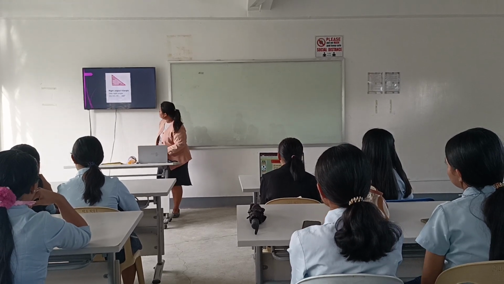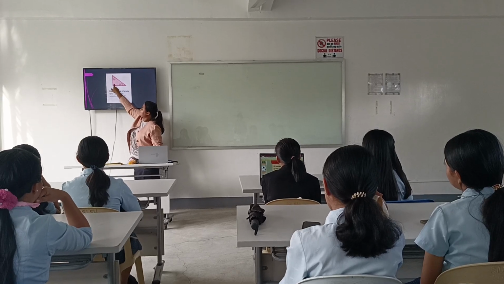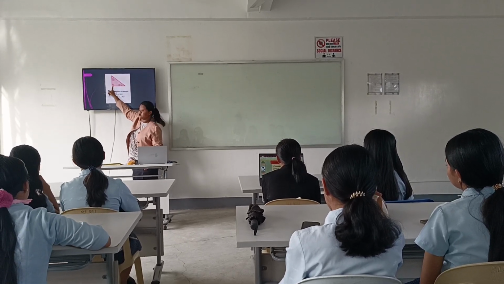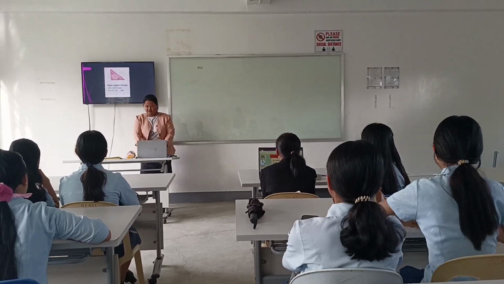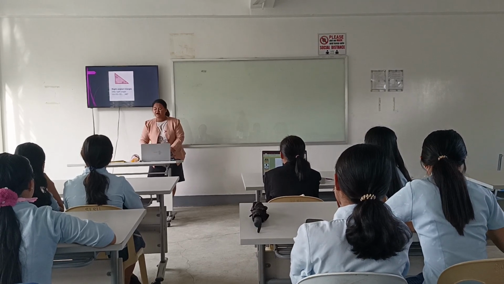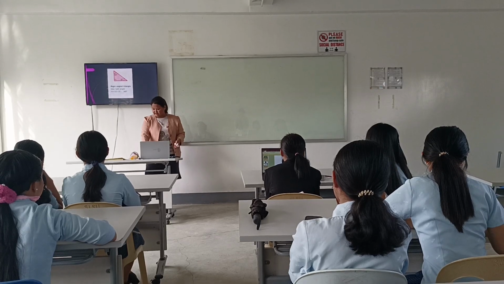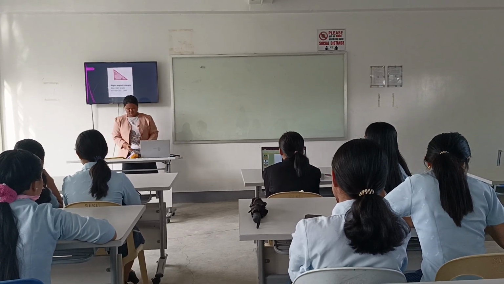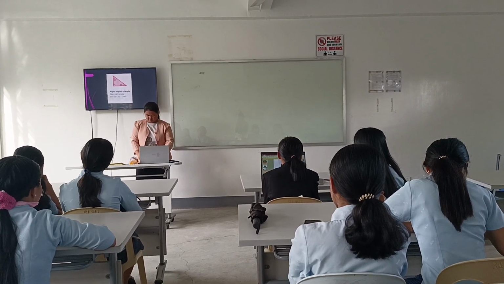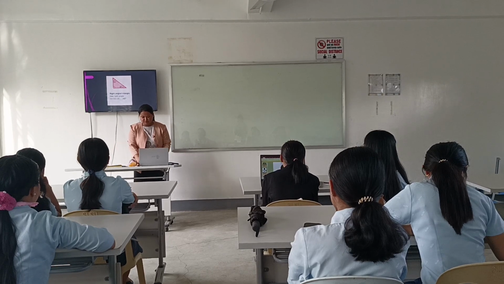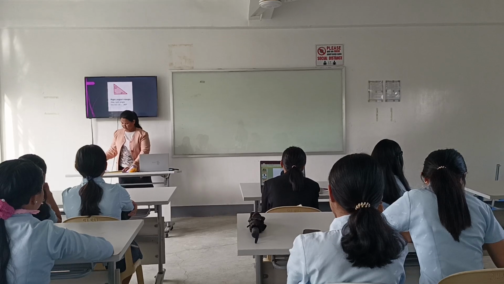Okay, this will be the example of a right angle triangle. We know that this box here represents that this triangle is a right triangle. Okay, so those are the types of triangle based on its angle and sides. Now let us move on to the basic properties of the triangle.